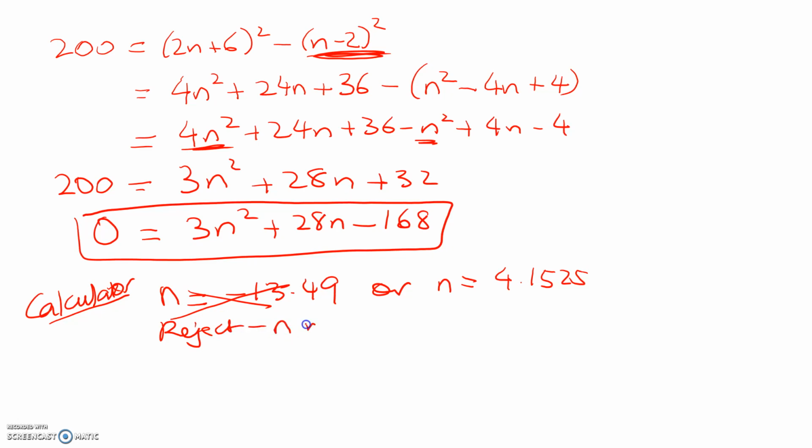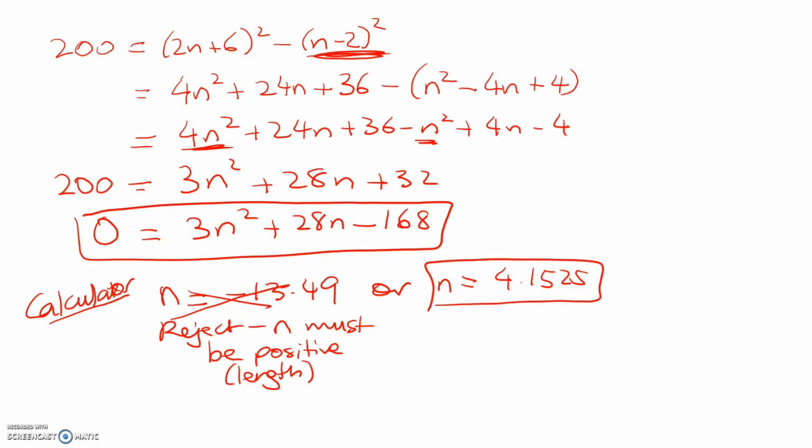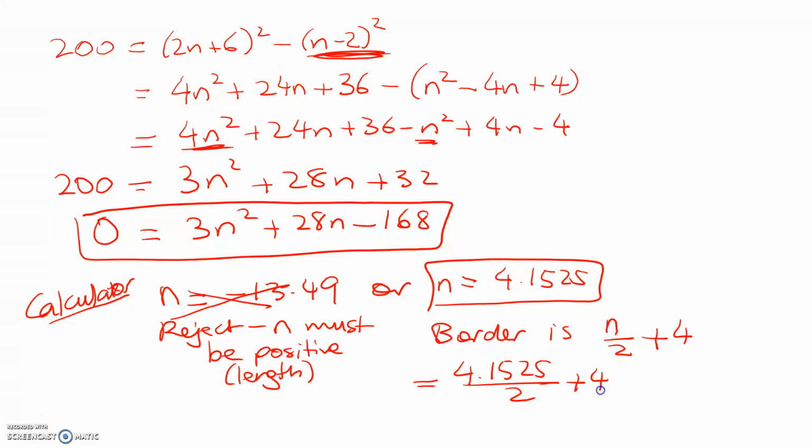Reject the negative one, n must be positive because it's a length. And so this is going to be my solution for n. But remember, we haven't finished because the border width is n over 2 plus 4. So that equals 4.1525 over 2 plus 4, and that works out to be